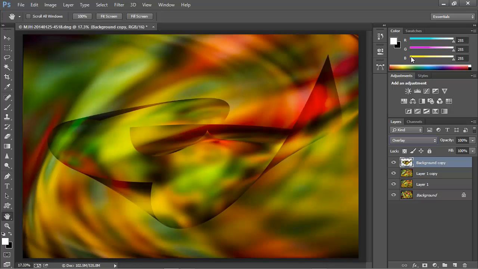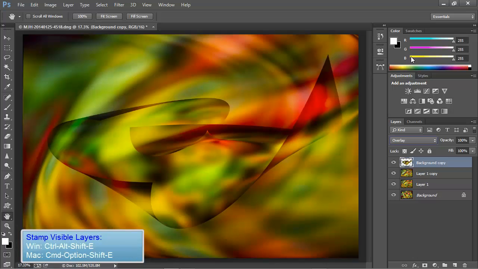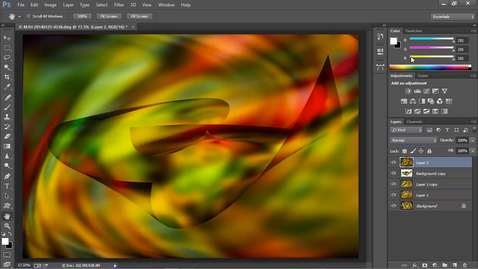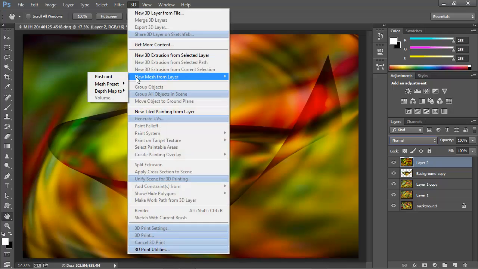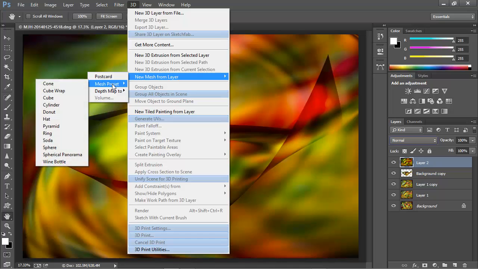One additional interesting technique you can try if you have a subscription to the Creative Cloud is to introduce some 3D shapes. Now, you don't have to be an expert in 3D to do this, and I'll show you how it's done. First, what I'll do is I'll create a copy of this entire image on its own layer by pressing Ctrl-Alt-Shift-E or Command-Option-Shift-E on the Mac. This creates a new layer at the top of the stack with all the contents that are visible on that layer. Now we'll choose from the 3D menu, and we'll pick New Mesh from Layer, Mesh Preset, and we'll pick